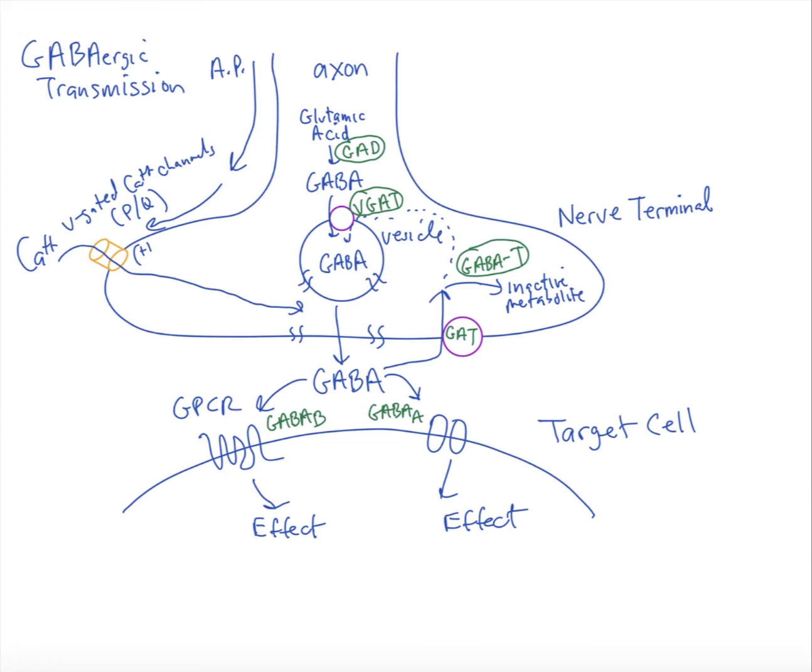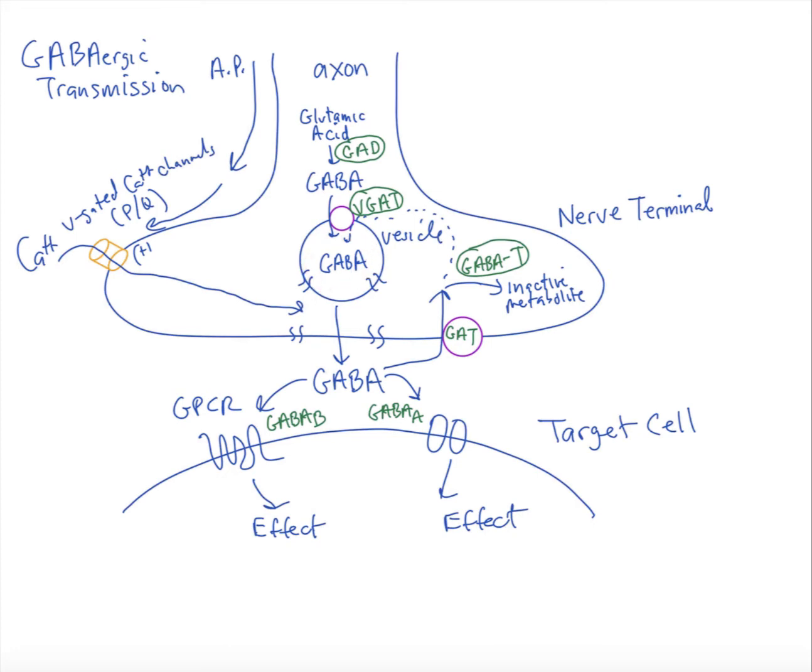So now we're going to talk about GABAergic transmission, which is referring to the neurotransmitter gamma-aminobutyric acid, or GABA, which is the major inhibitory neurotransmitter in the central nervous system. Notice here that we have glutamic acid as the precursor to GABA that needs to be acted upon by glutamic acid decarboxylase, forming GABA. Now GABA gets transported into a vesicle via the vesicular GABA transporter, and now GABA is